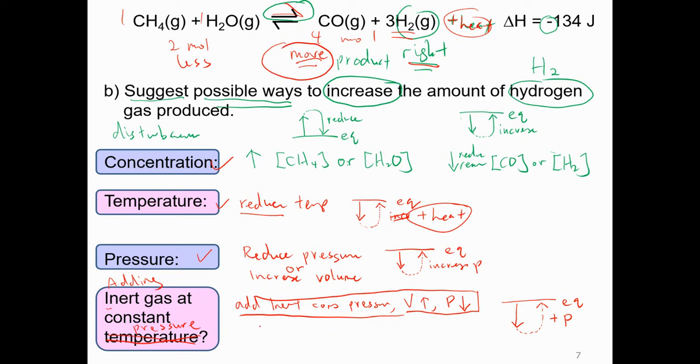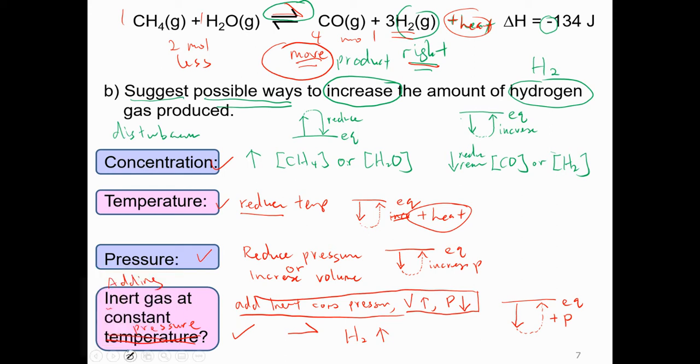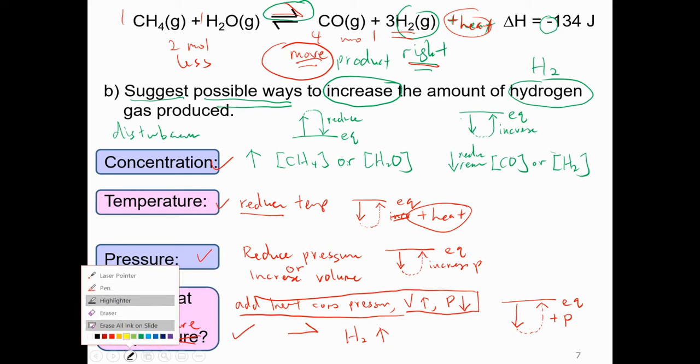Okay, so means that we can add inert gas at constant pressure because the equilibrium will shift to the right and more hydrogen will be produced. Okay, so as a conclusion for this question,